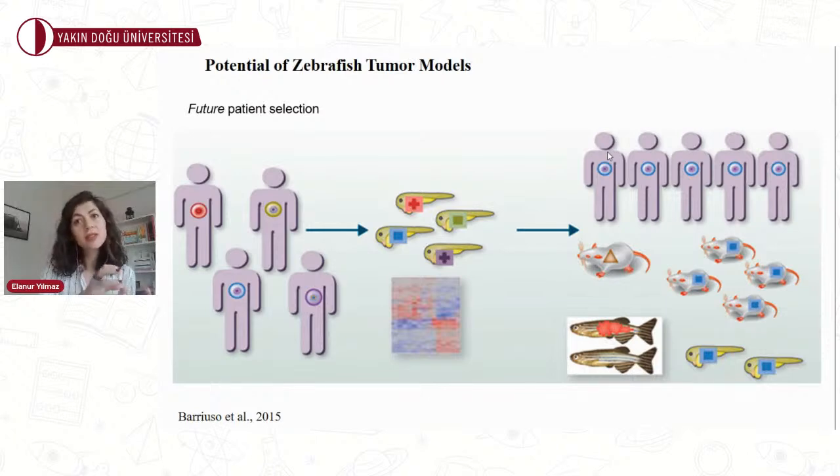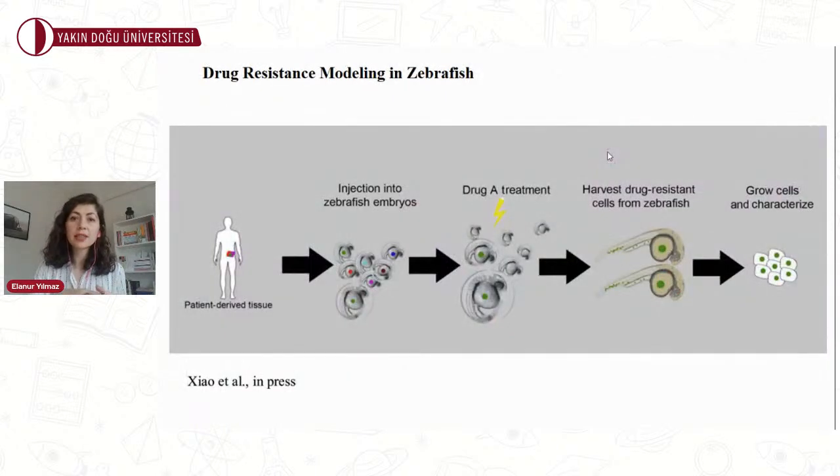A genetically engineered zebrafish could be used to fill the gap whenever a mouse model does not exist. Besides this, the xenotransplantation technique can also be used. You can inject patient-derived tissue or tumor cells into hundreds of zebrafish embryos, and the tumor-bearing embryos can be treated with a drug or drugs of interest, the cocktail of drugs that you are interested in, and for example, the chemotherapy that your patient is receiving.